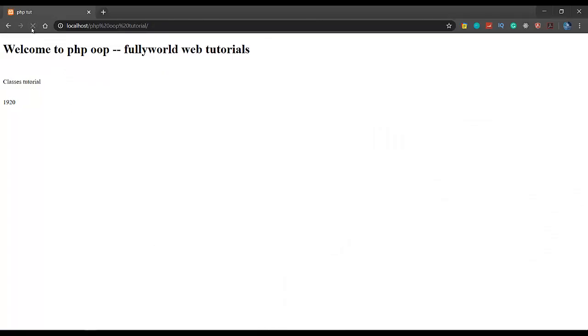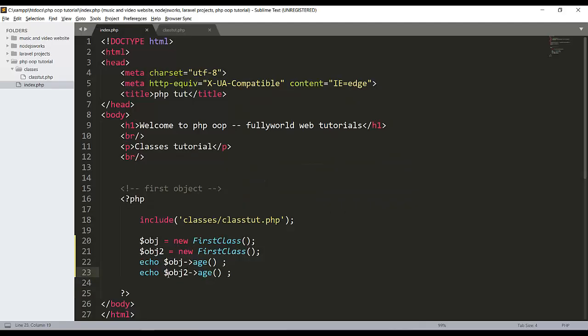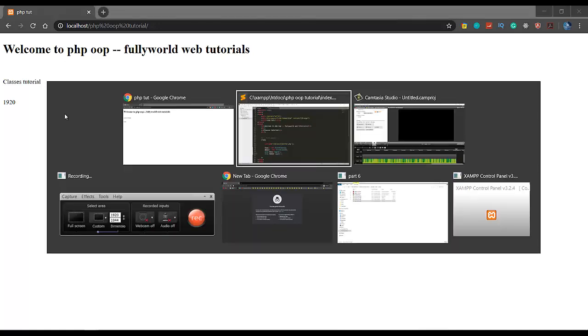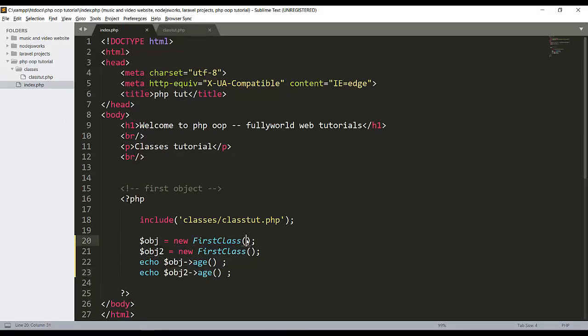See that. Now there is our second object here. See that we are also getting 20 now. So this is a benefit of a static function. It will be common to all the objects, and it will not initialize again and again. We can increment and decrement it. Value will be incremented and value will be decremented. So this is a benefit. We can use it for hits, views and many more.